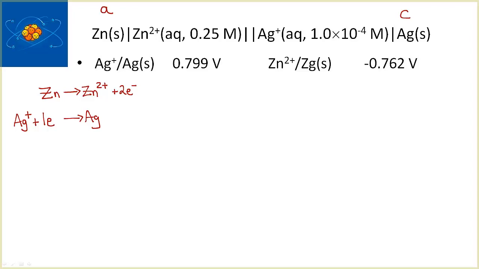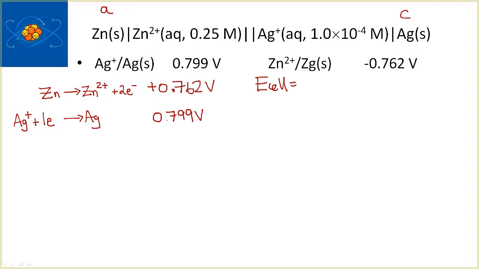The silver is still written as a reduction, so that's 0.799 volts. And the zinc is now written as an oxidation, so you write that as plus 0.762 volts. And just one bit of warning, many of you are familiar with this equation that the cell potential